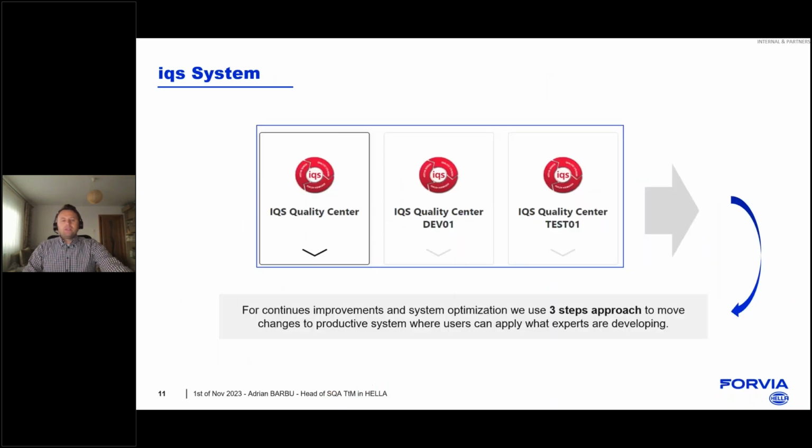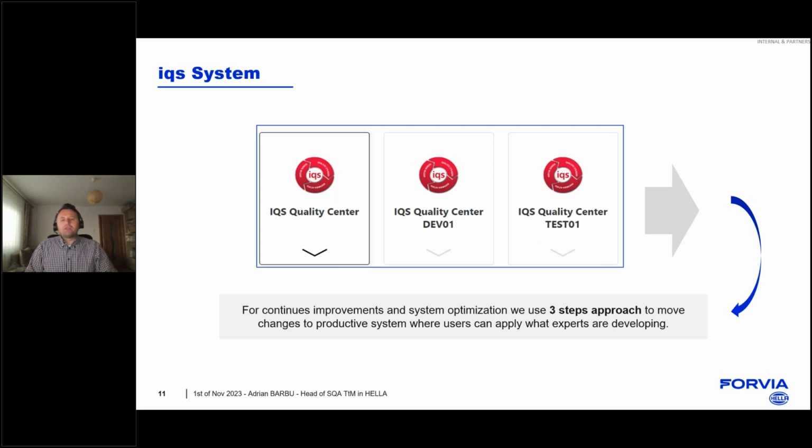At the end, every system that we are developing and every approach that we are using within HELA always requires improvement, and we always consider continuous improvement. This is also what IAG is requesting at the end. So the PDCA approach is one approach that is very useful within the organization.